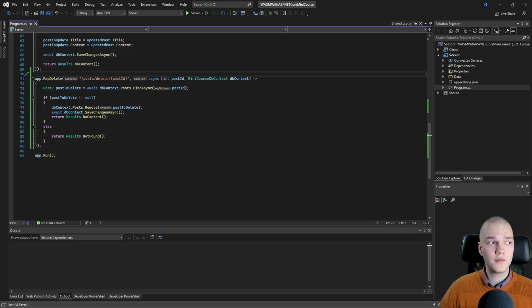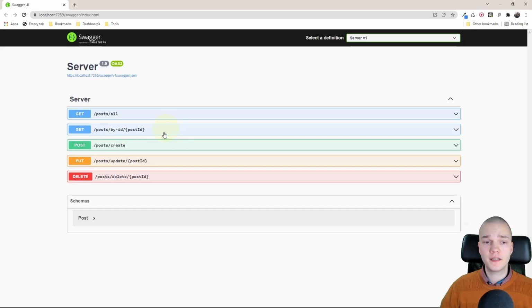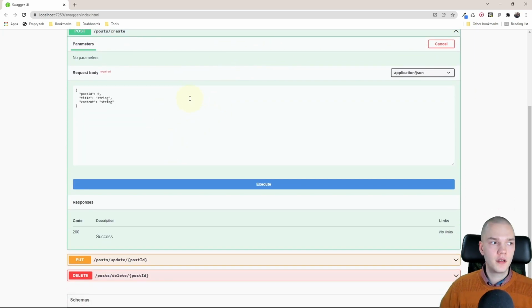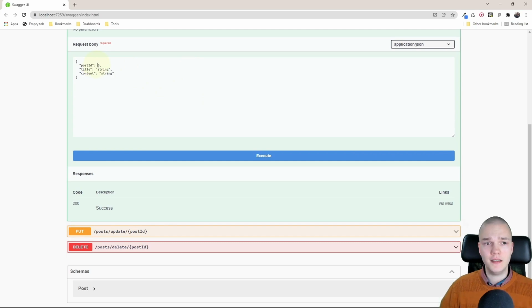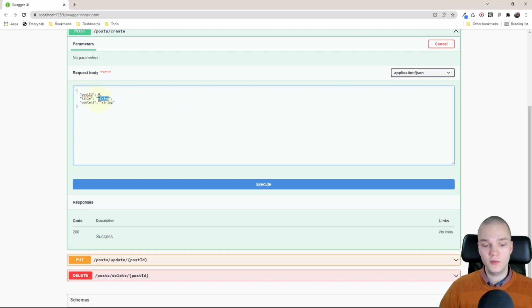Let's test it out. So I'm gonna start without debugging again, and let's create a new post. So I'll expand create, try it out, and we can leave the ID 0. Normally you'd use special data transfer objects or DTOs for this, but in the interest of time I left it out. For the title I'll do new-post.